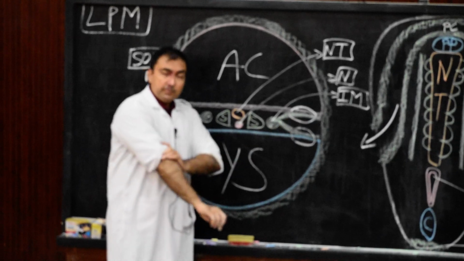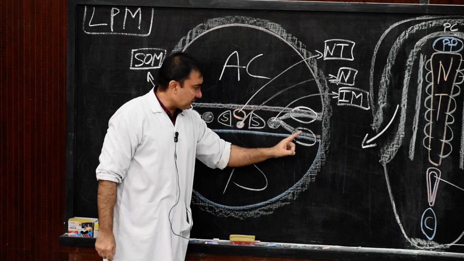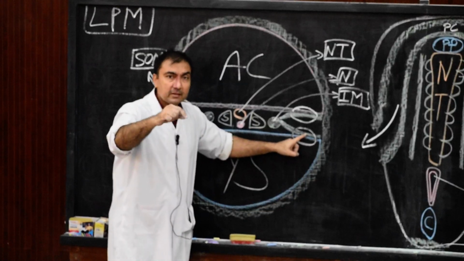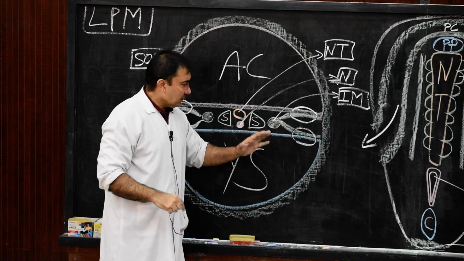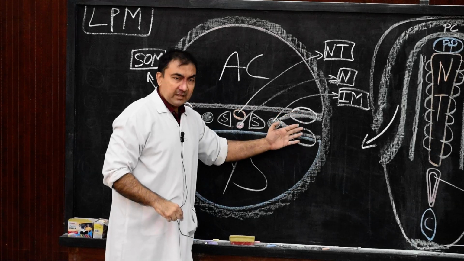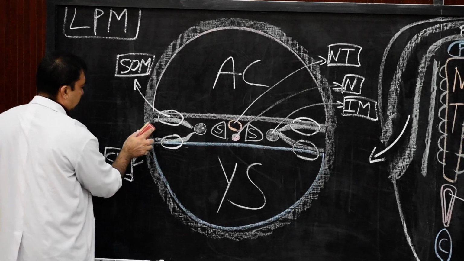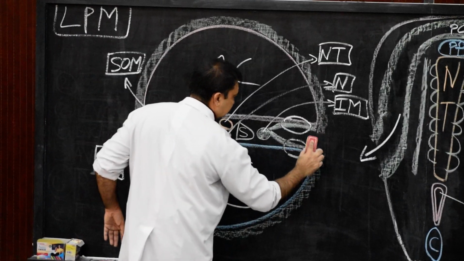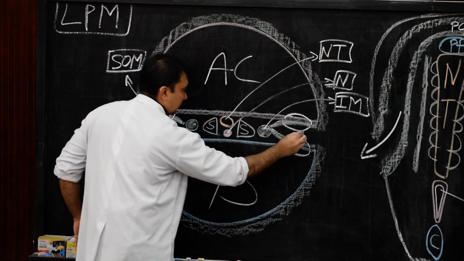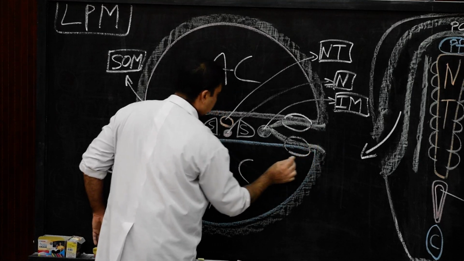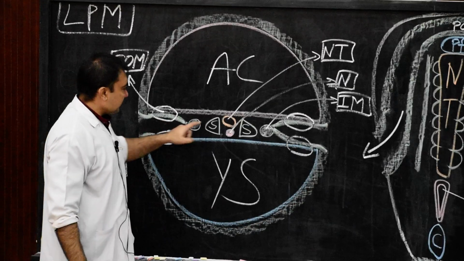Somatopleure is the upper layer of lateral plate mesoderm, which is lying below the ectoderm. And what is splanchnopleure? Splanchnopleure is the lower layer of lateral plate mesoderm, which is lying above the endoderm. Very simple. Now these two layers will communicate on either side with the extraembryonic mesoderm. This is how they communicate because of the creation of this cavity.